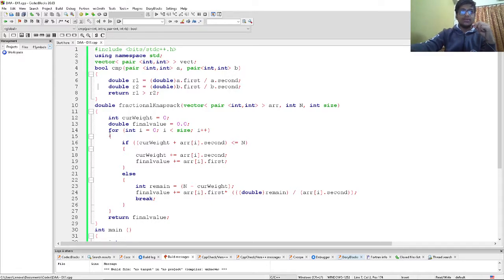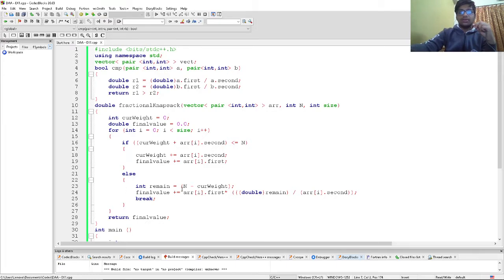Now for that we have created a for loop, for i equal to 0 and i less than the size, which will be given by the user, and i plus plus. If current weight plus array of i dot second is less than or equal to n, we have to add current weight with array of i second and also final value with array of i first.